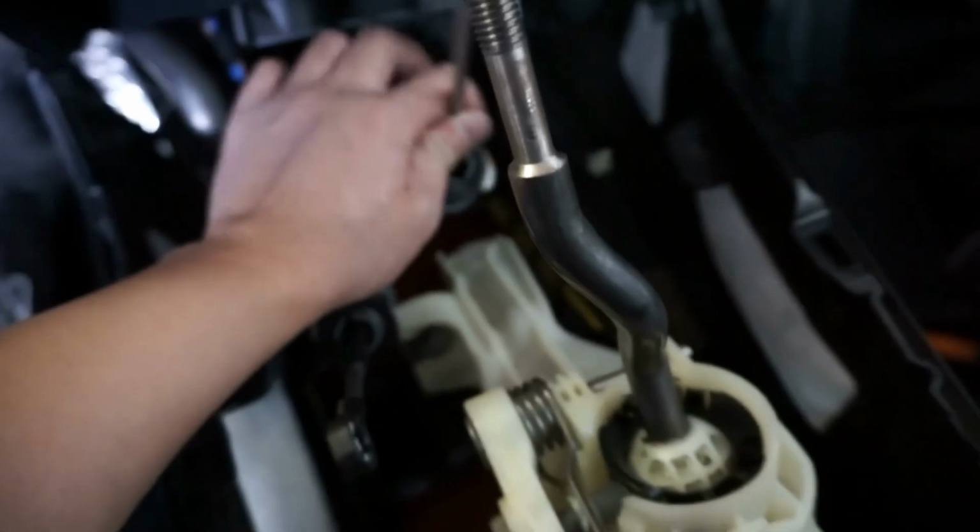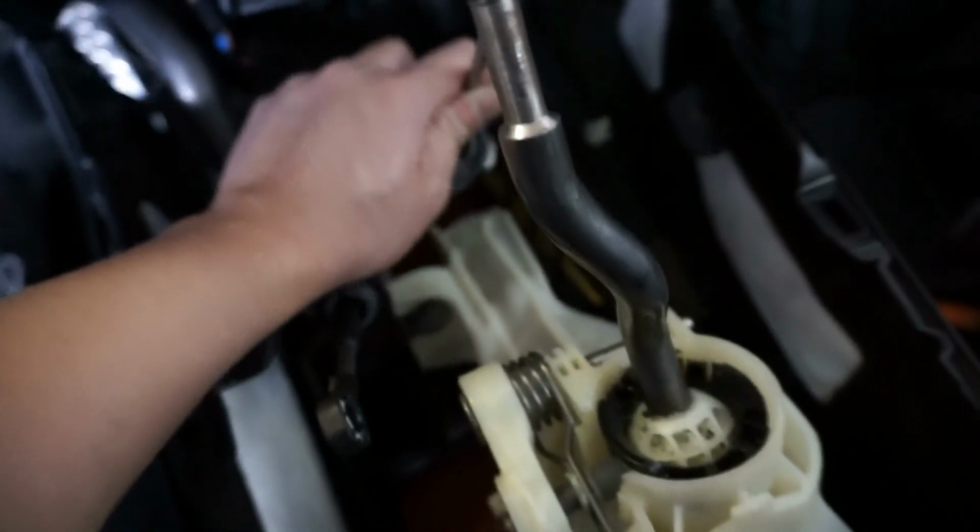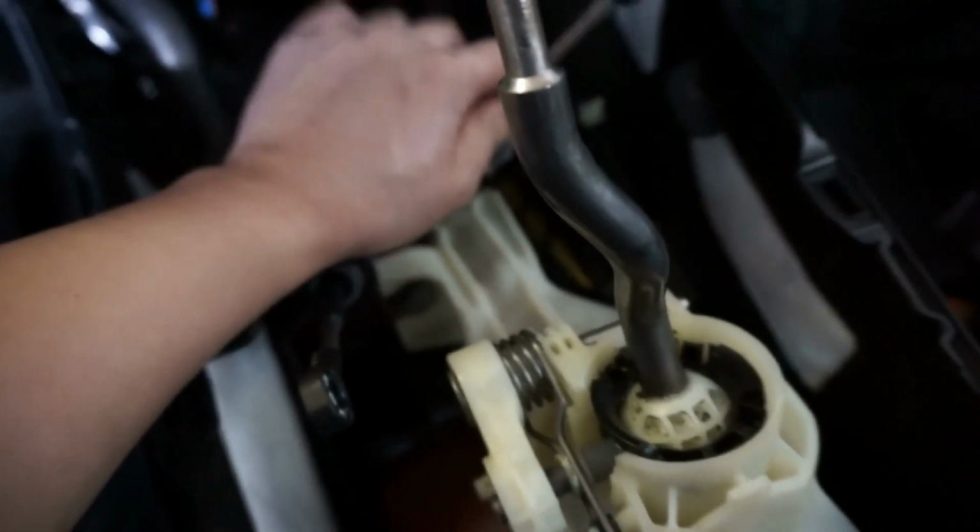You just gotta use some force. Wear gloves if you want. I used some gloves because I wasn't able to get grip on it because it does have some grease. So once you get that off, you want to unclip this wire. I already did it, but you want to unclip this from the shifter, and then next are the 4 base